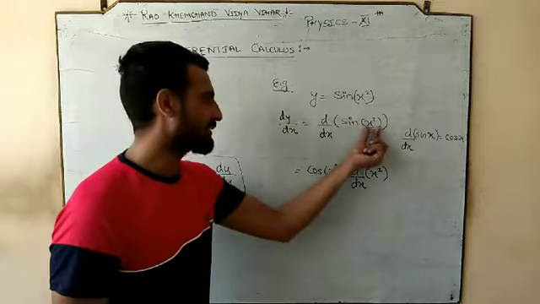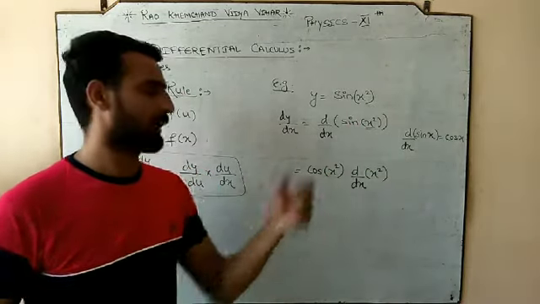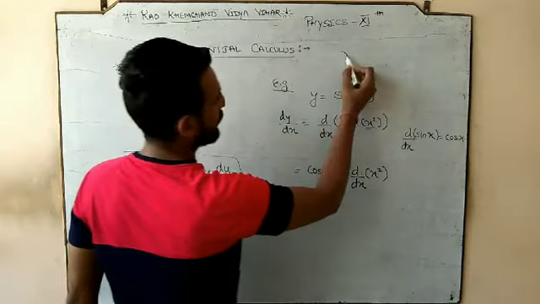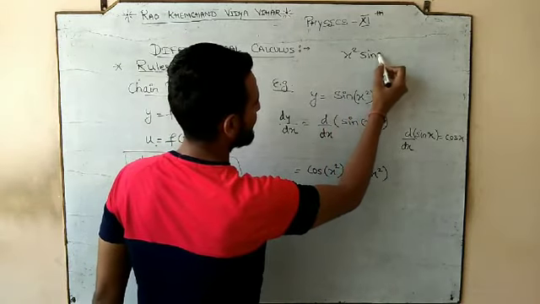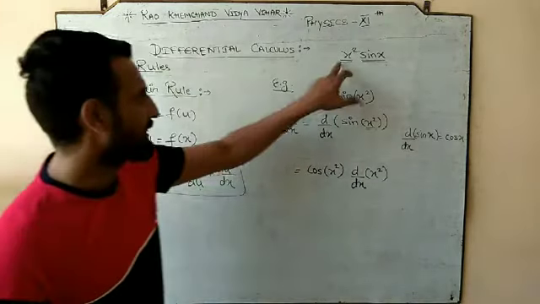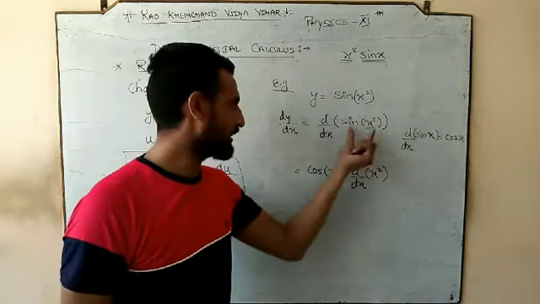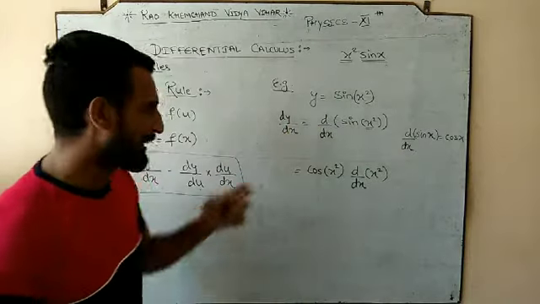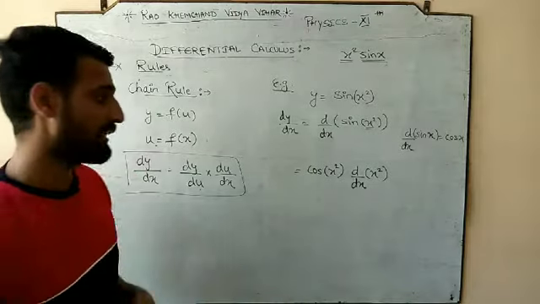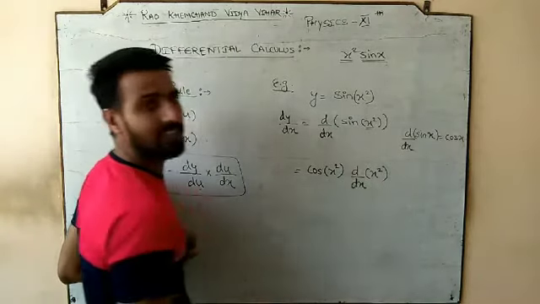And this x square and sin are not two different terms. Don't think these are two separate things. If it were x square sin x, then you would say, sir, this is a separate thing and this is a separate thing. But this x square is within the angle, so it is one term. In this term the angle is in a different form and we are differentiating with respect to x. So that's why the x has to be differentiated separately.